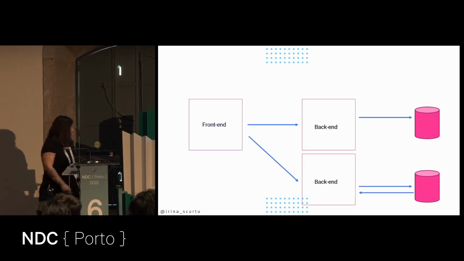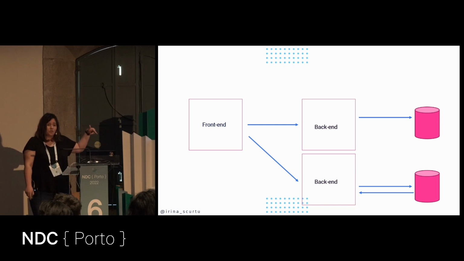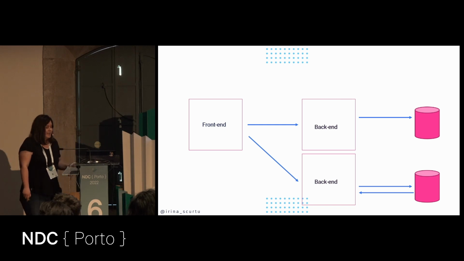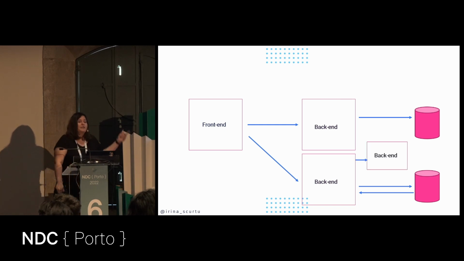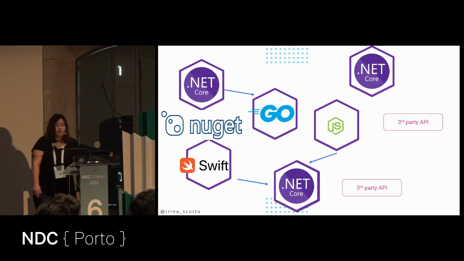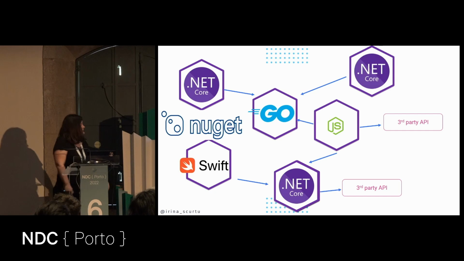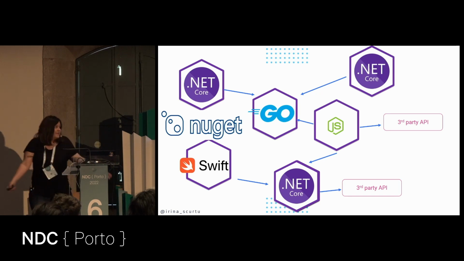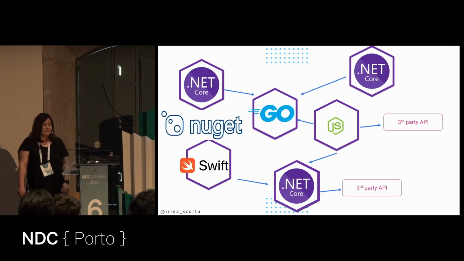So now we might end up having a front end that talks with different backends, and those backends maybe talk with other backends, so API to API calls. And then maybe we get to this kind of situation. We have .NET apps that need to talk with a Go application or Node.js or third-party APIs whose language we do not know. We know the definition of it, but that's it. So that's a common scenario in the world of microservices, right?